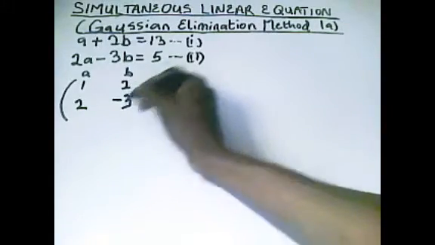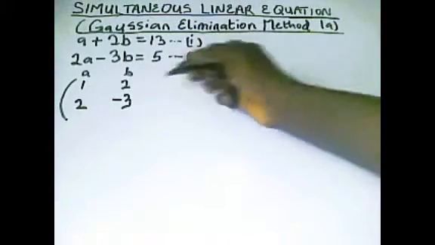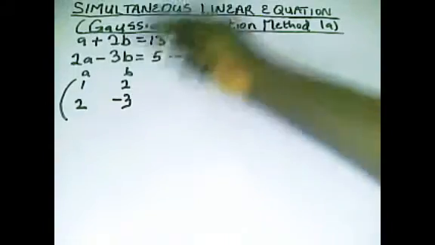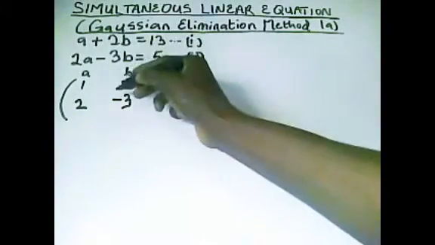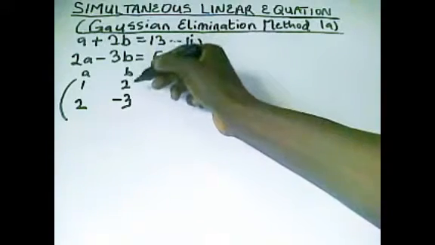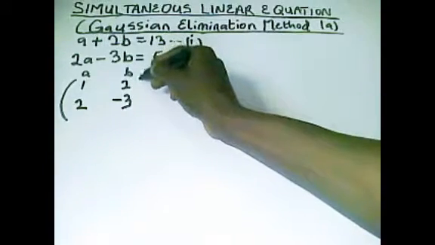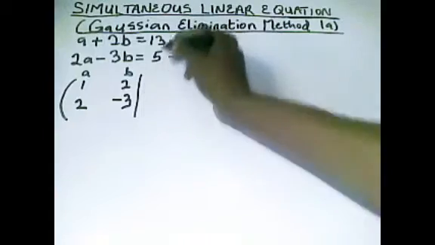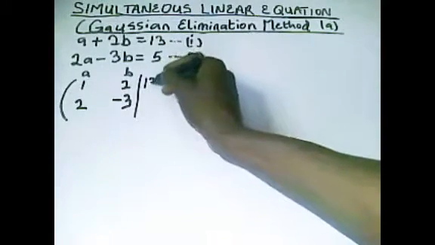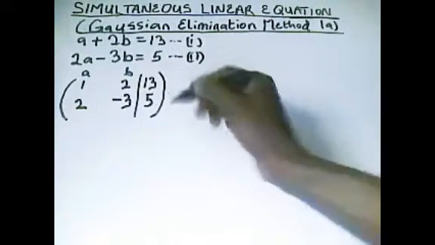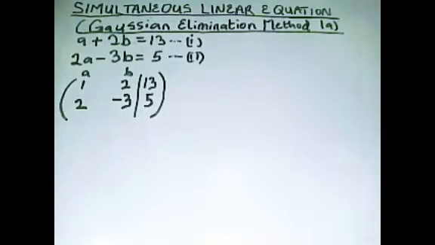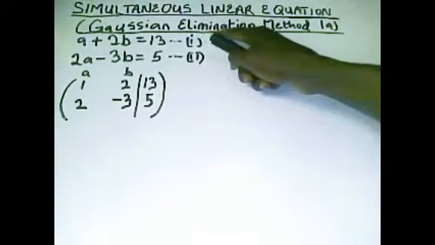minus 3. Now in the matrix method we would have just closed the bracket here, but in the Gaussian method we need to write the result values alongside the coefficient matrix. So what we do now is draw a straight line, and then we take the result values 13 and 5 before we close the bracket. So this is why we call it the augmented matrix. Now don't forget what we are dealing with. We say the Gaussian